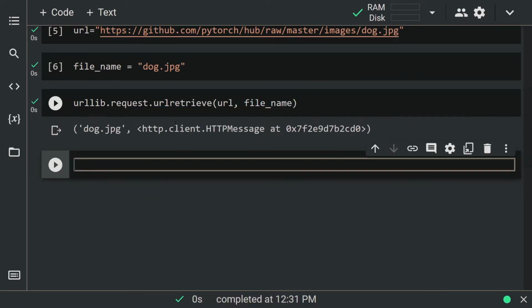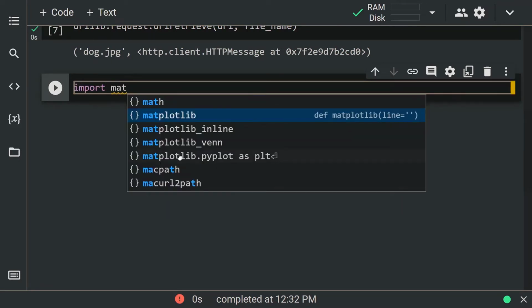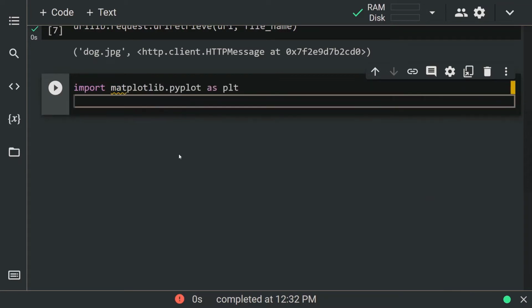Let's read the picture with the Pillow library and then see the picture with matplotlib. First, let's import the libraries. Import matplotlib.pyplot as plt. I'm gonna also type from PIL import Image.